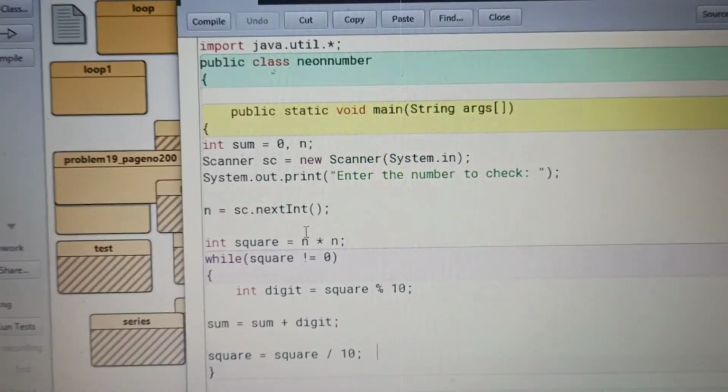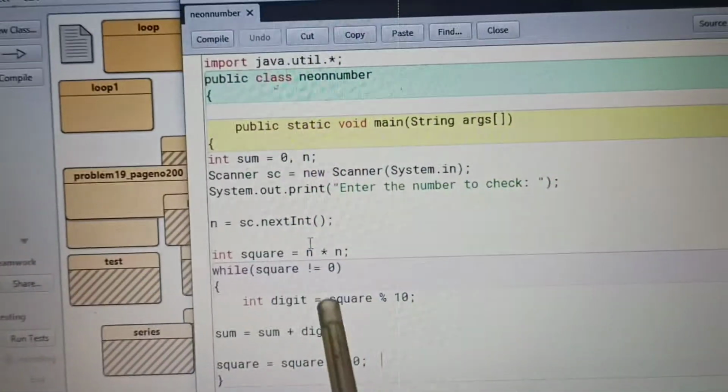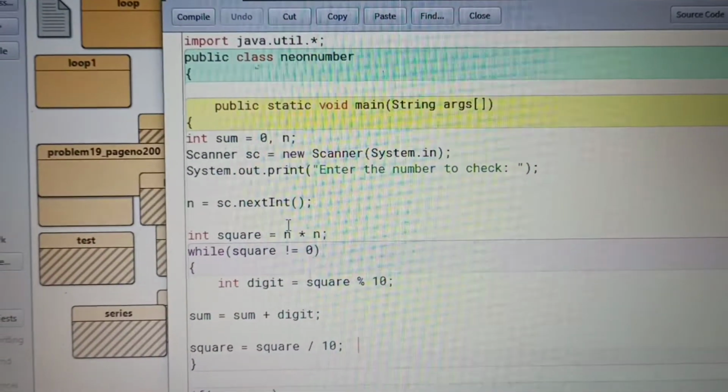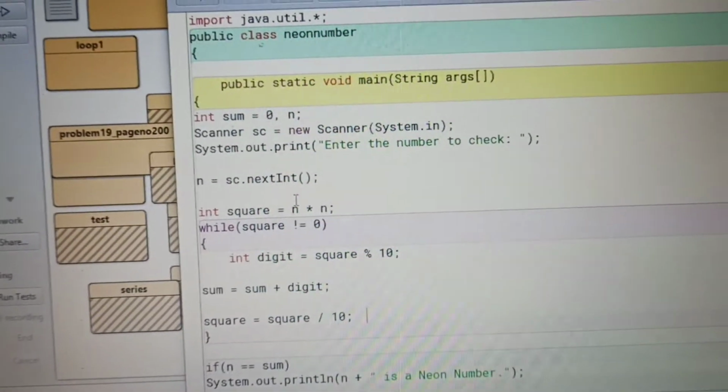Again 8 will be divided by 10, so that it gives the remainder.